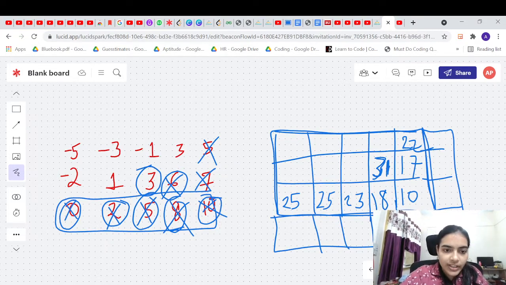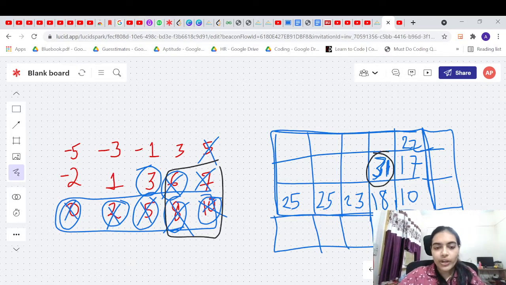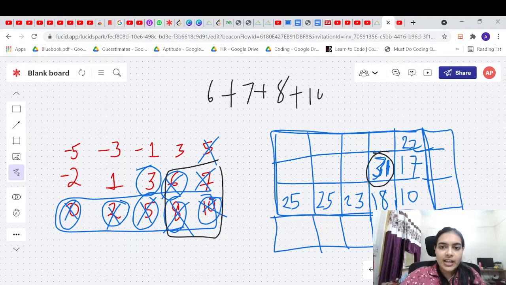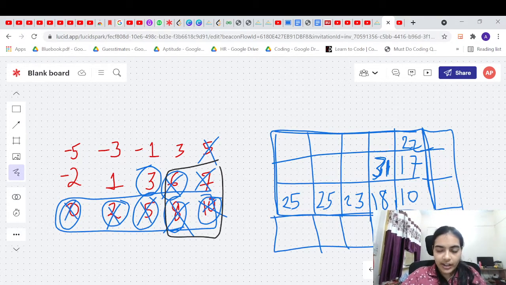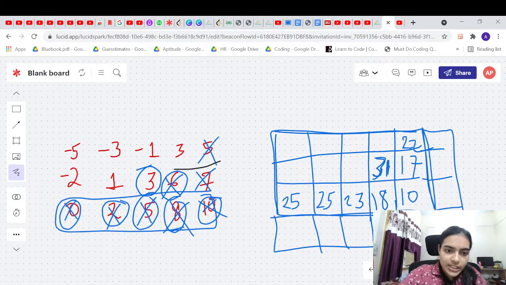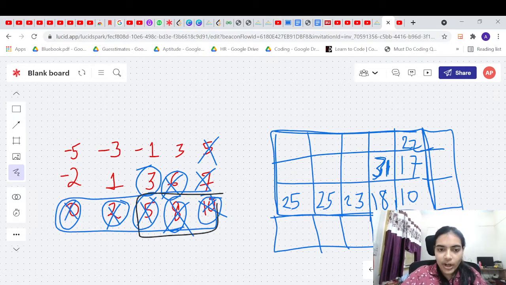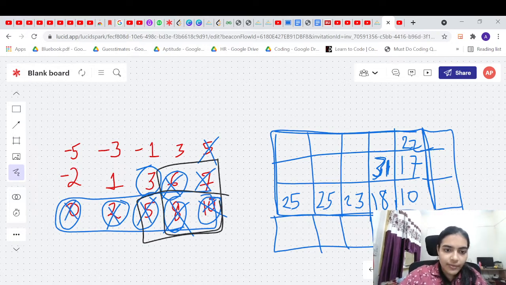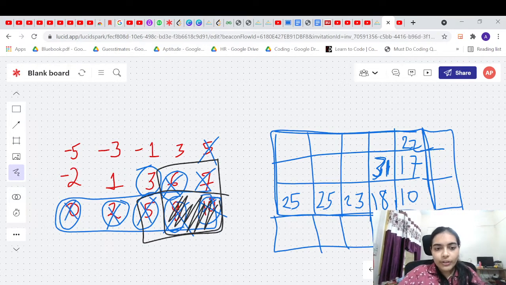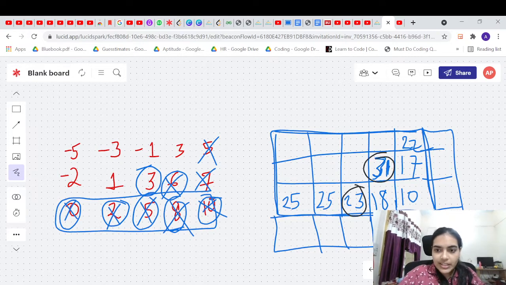Now you already have the sum of the matrix up till this, right? How? 31. 31 is the sum of these 4 elements we just calculated. 6 plus 7 plus 8 plus 10 was the sum of these 4 elements, and that was calculated as 31, and we saved it here, right? And the sum of these three elements is 23. We already have it calculated. So we have this and we have this. But we have this block again. So what you can do, you can simply take this plus this and subtract this value.